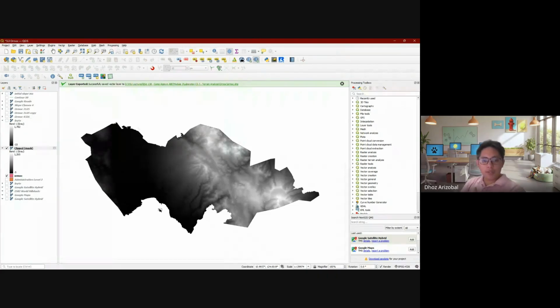This is especially useful because DEMs are large files. They are large image files and QGIS tends to use up memory depending on the amount of file that you're trying to process. So by keeping them small, limited only to what we're trying to analyze, we're making it easier for our systems to catch up, and it's a lot faster to process as well.